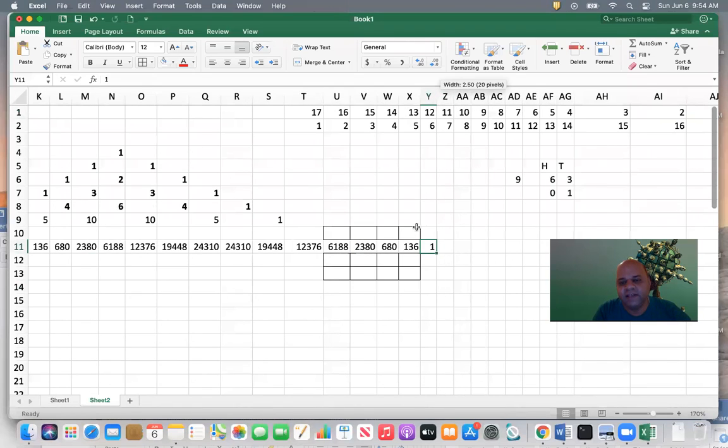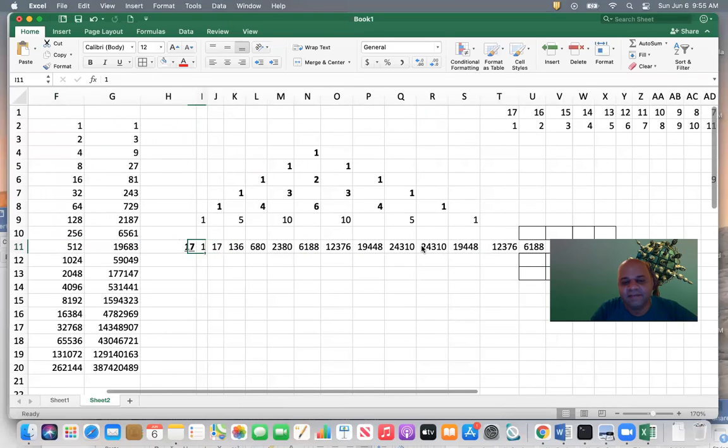There is some error here. Why? I will figure that out. W11 is this, correct, into AH1. Yeah, 17. Yeah, got it. I think I had not copied the formula properly. Okay, got it. So will you be able to do it for row number 11?